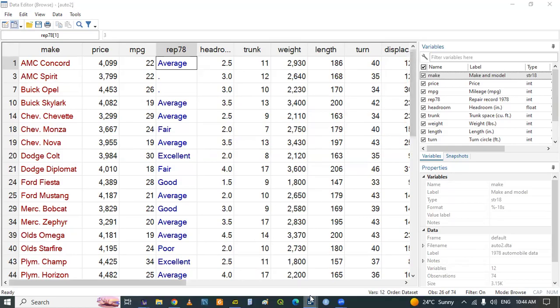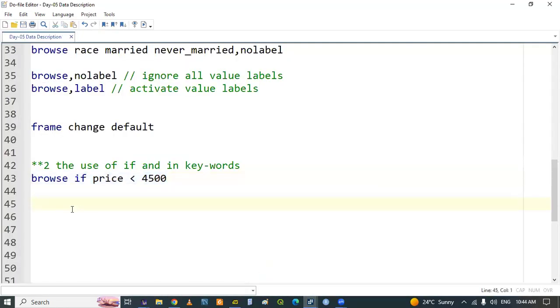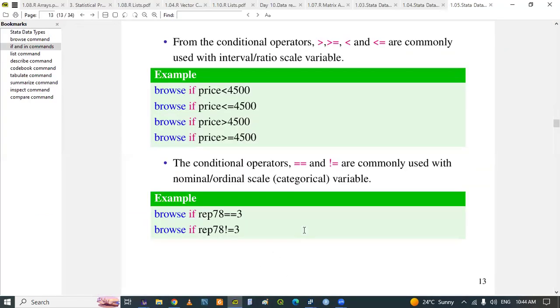So this is the use of the if statement. What if you need any other use? You can say browse if less than or equal, greater than or equal. This you can try on your own. When you have numeric data, which is ratio or interval, you can always use this approach for conditional operators. But if your variable is in categorical form,